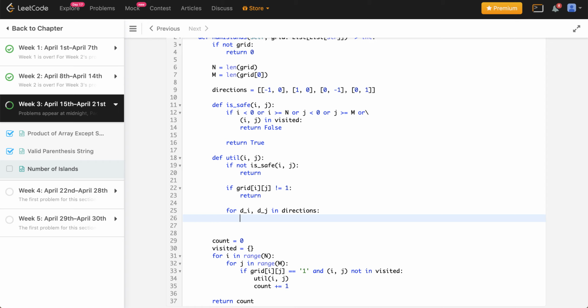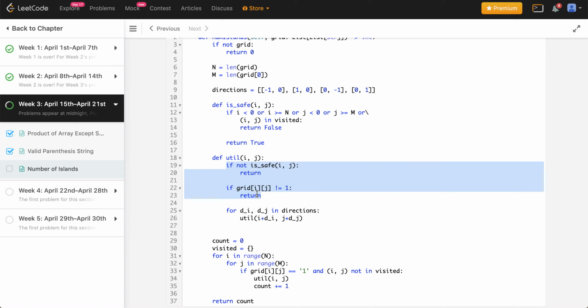And what we want to do is update our utility function. So to the utility function, we're just going to pass in the new i and j when you increment it with di and dj. That's pretty simple. You can just say i plus di and j plus dj. Basically, you're just adding whatever ith and jth element you had as a parameter, and you're constructing a new call, basically calling the same function again, and it only breaks out